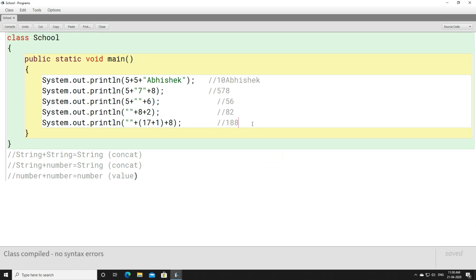I hope the working of print and println is quite clear to you: when to use print, when not to use print, how print is different from println, and how you can write a null println statement but you cannot write a print null statement. Along with that, how to use the concept of concatenation, how to evaluate a println statement, what values we can write within a println statement, and why we give the plus sign.